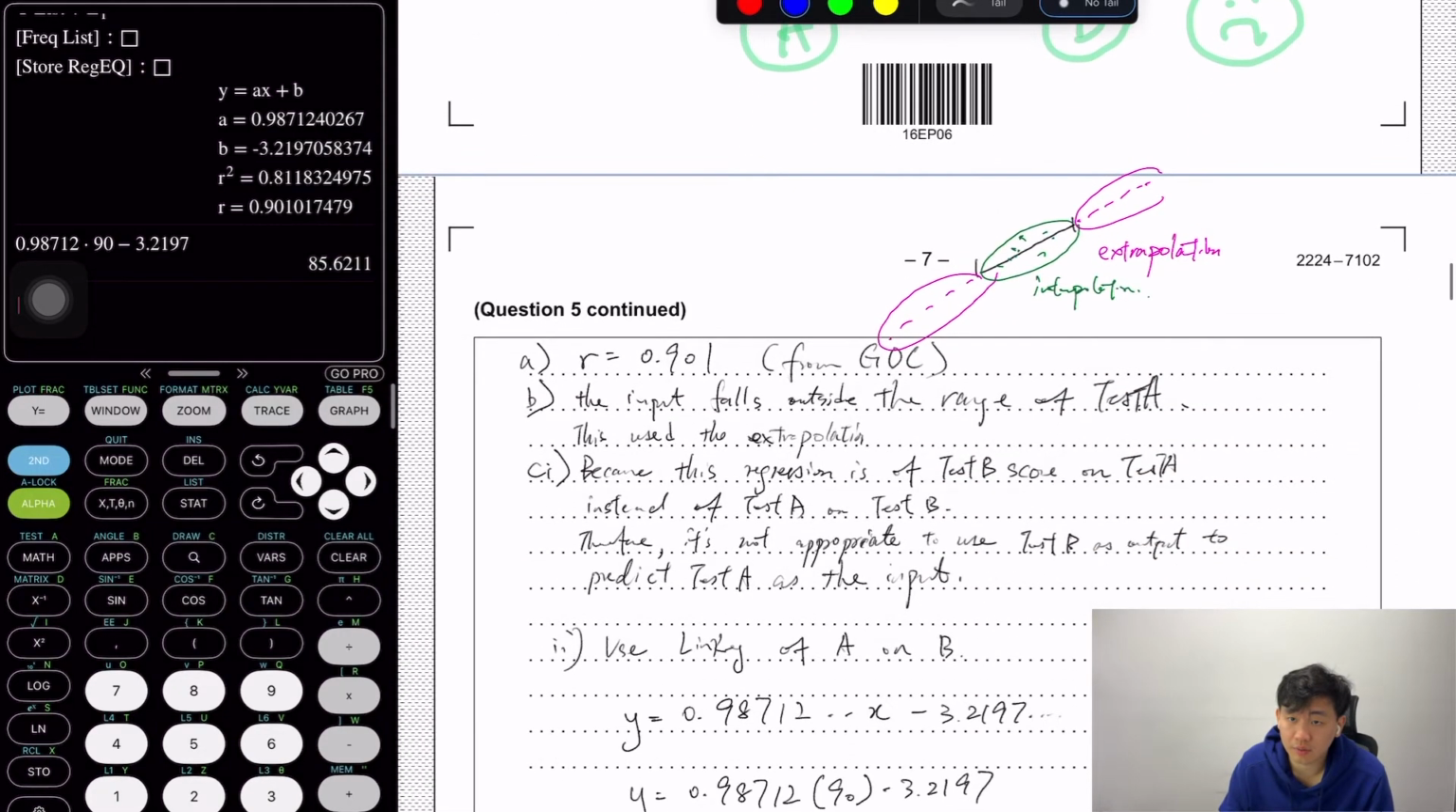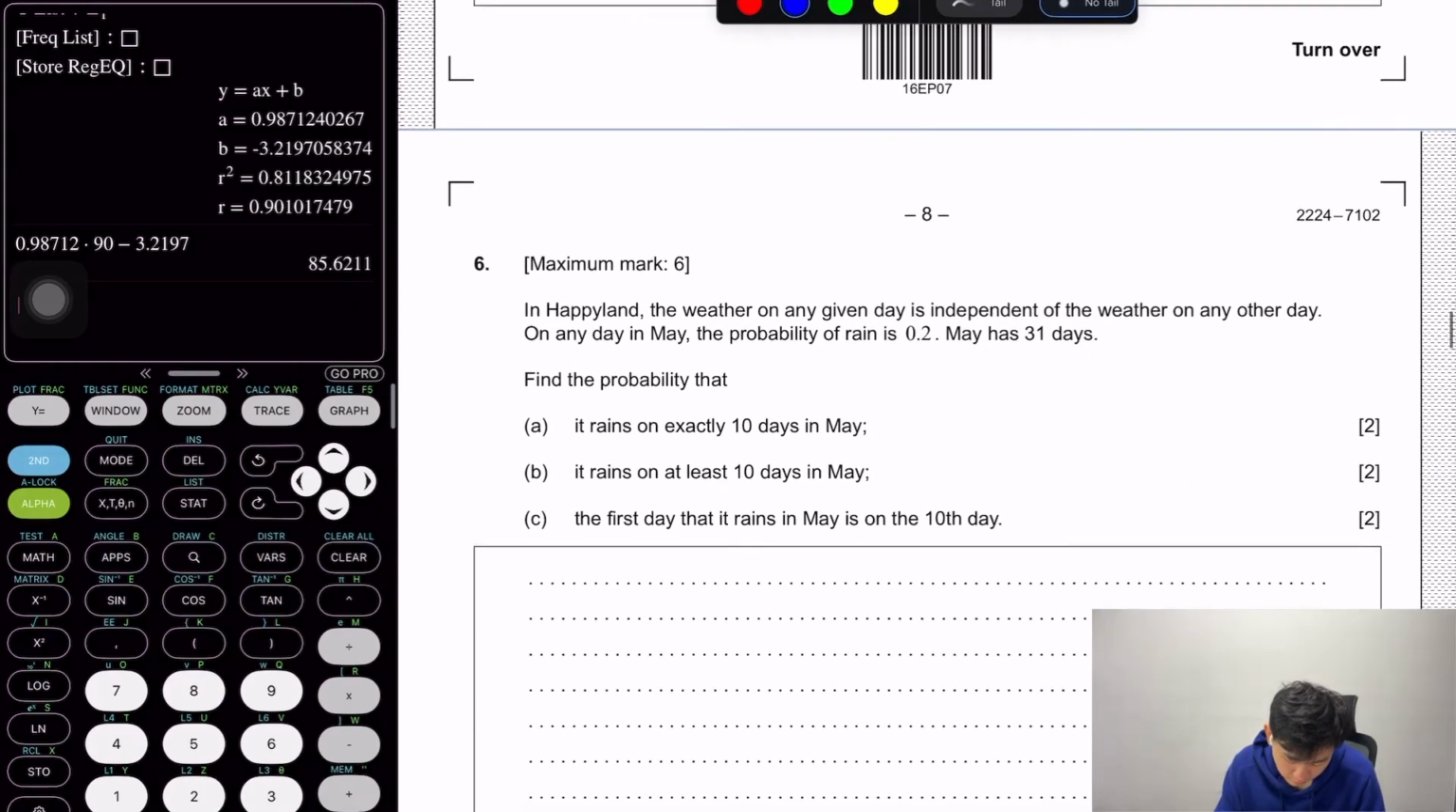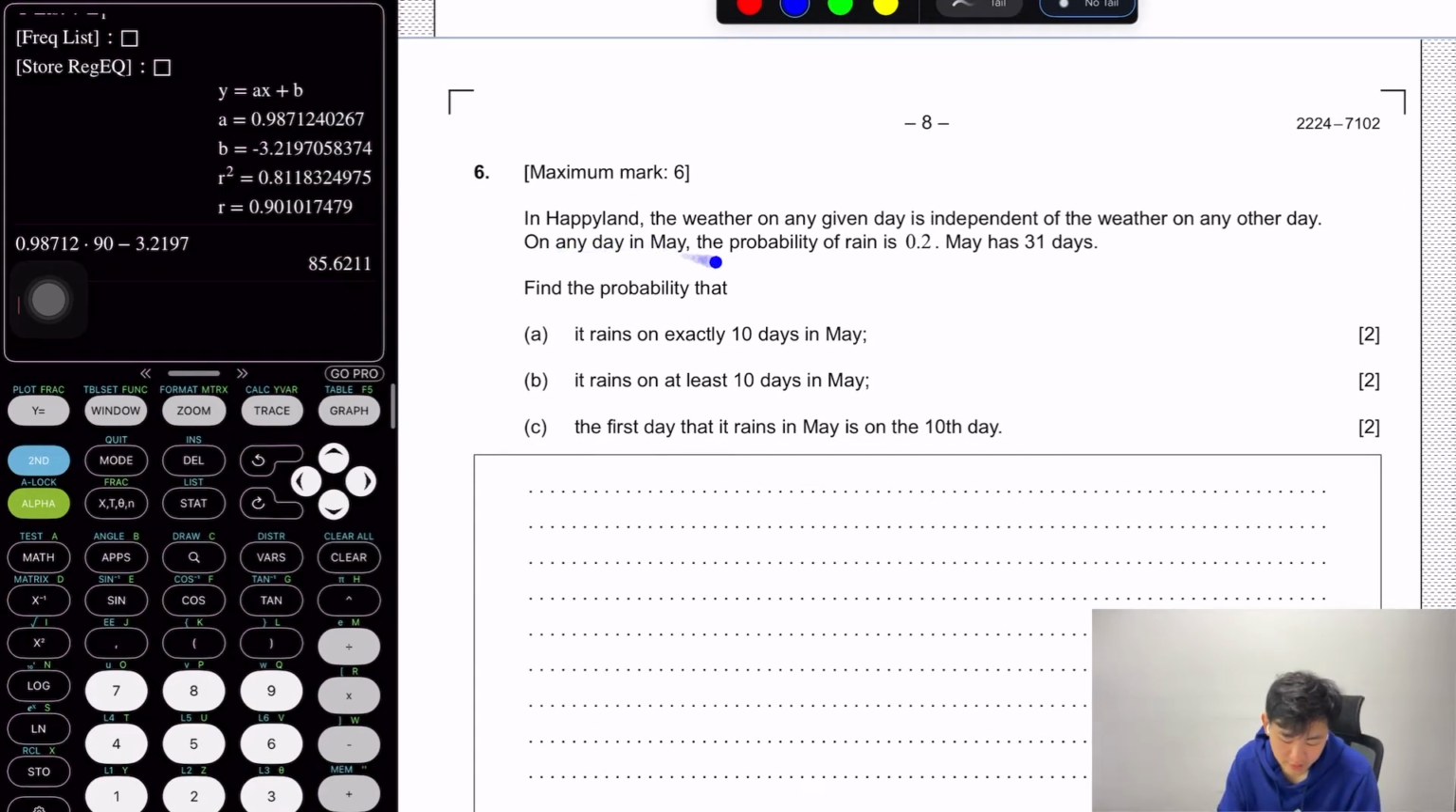Okay, question 6. Now this is a question that we cannot see in AASL papers, so it's unique for AAHL. Question 6: in Happy Land, the weather on any given day is independent of the weather on any other day. The probability of raining is 0.2. May has 31 days. So what is the probability that it rains exactly